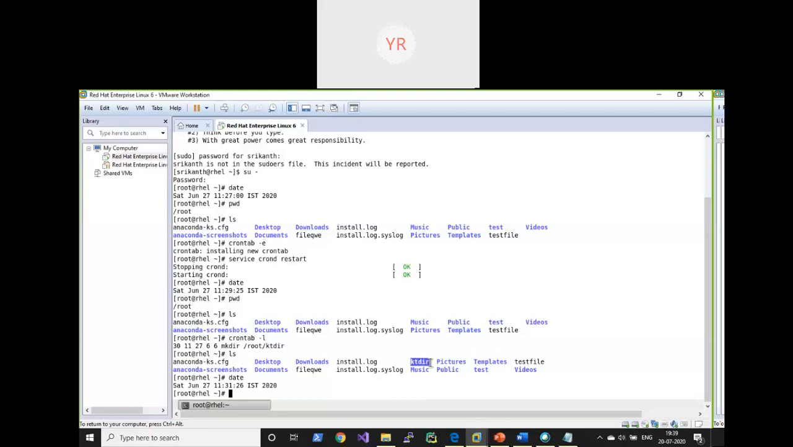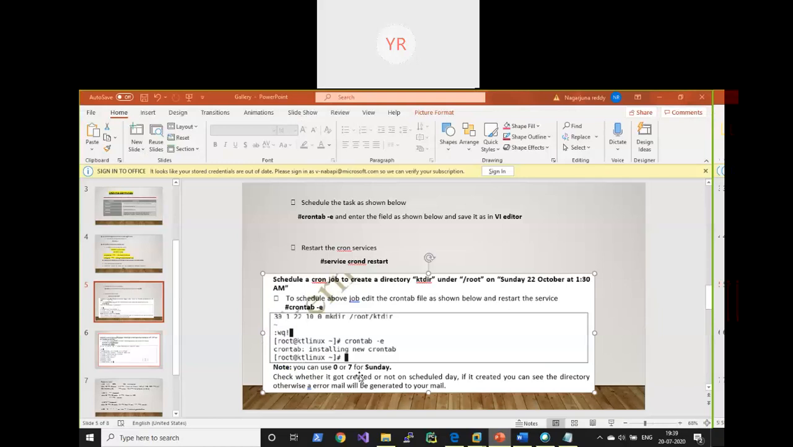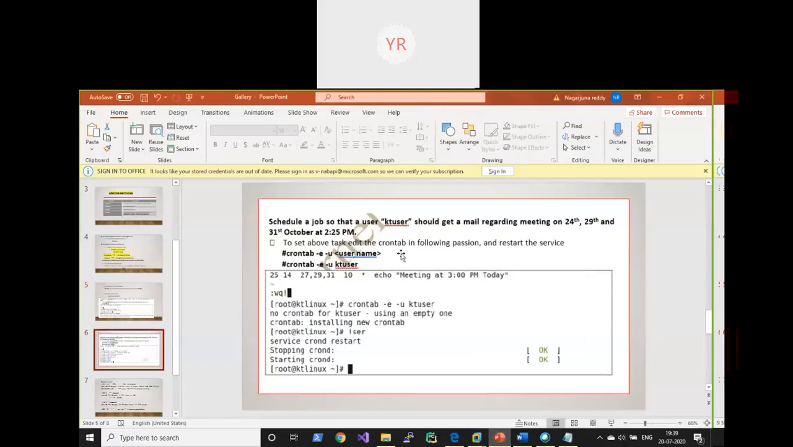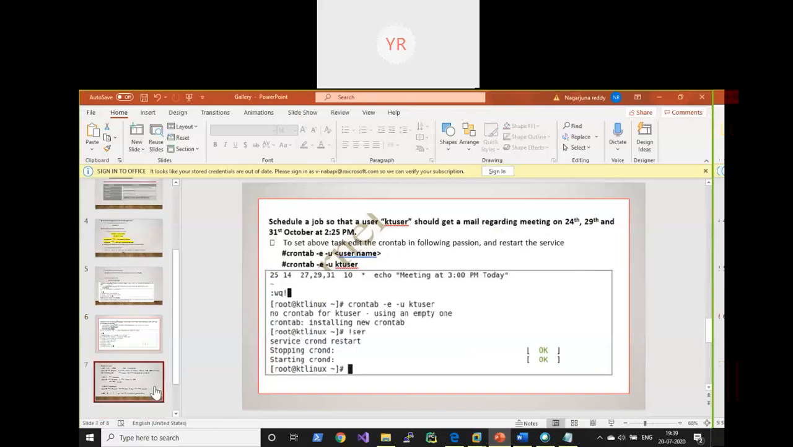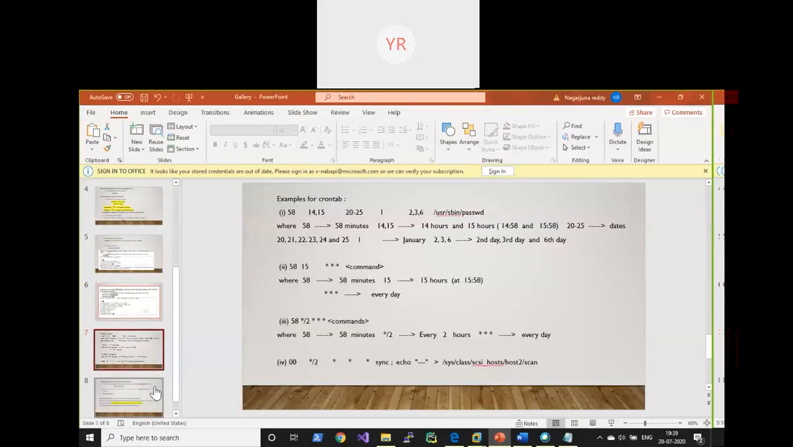If you want to check it, check the log files. There you will find everything. Okay, that's how we can create cron jobs. Okay, do some exercise with that one. In the same way, if you want to take a backup,